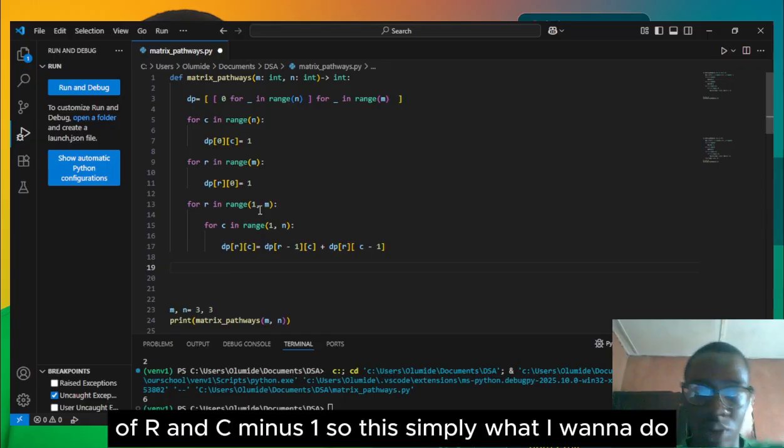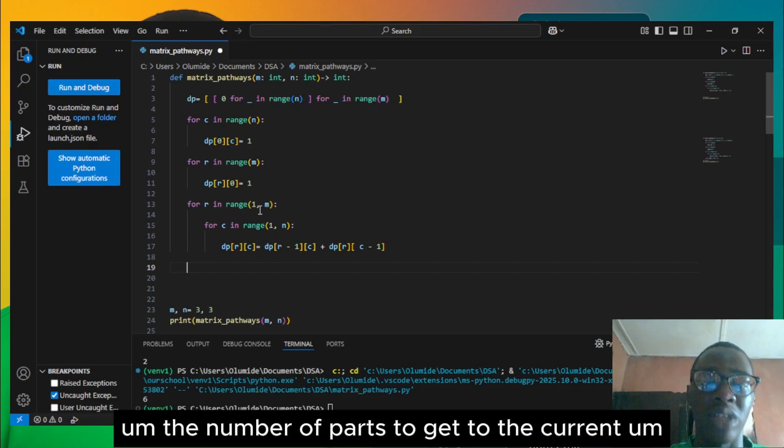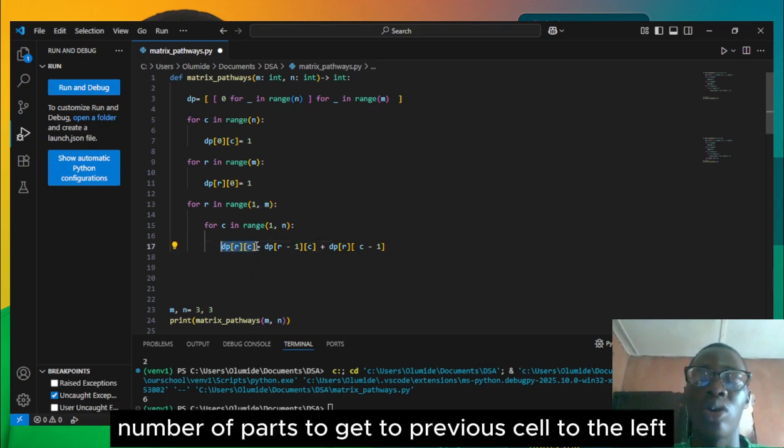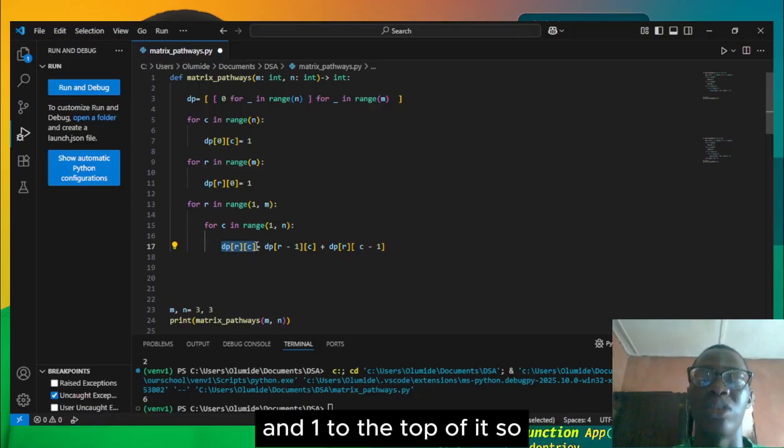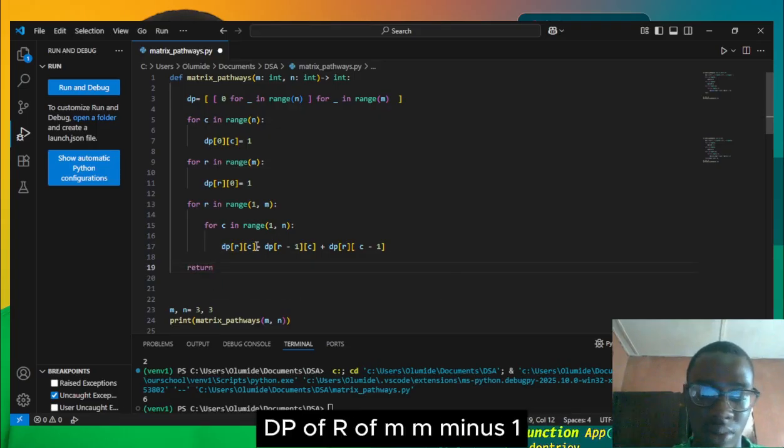This simply means that the number of paths to get to the current cell equals the number of paths to get to the cell to the left plus the cell to the top of it. After doing that, we just want to return dp of r of m minus 1